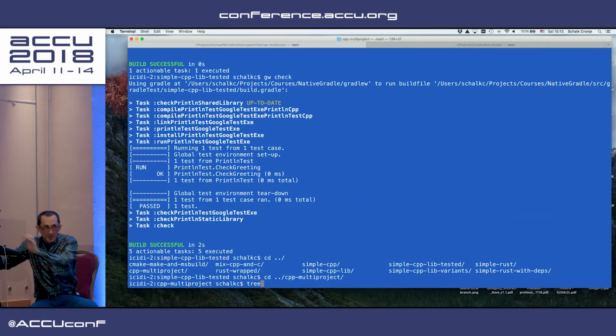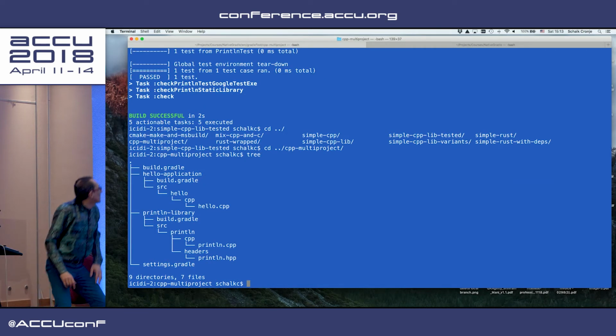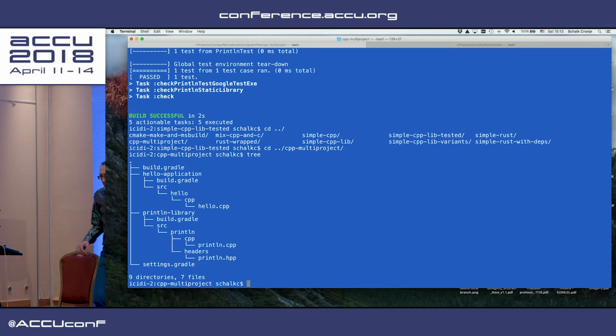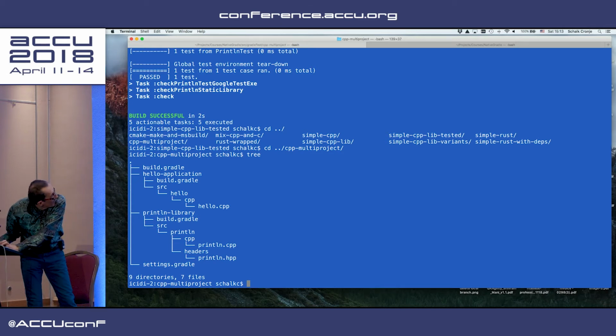Let's run the tree in there before we look at the files. So what I actually had, I want to build my Hello World application, but I want to use my println library to actually do the output. Now I have a subdirectory called Hello Application and a subdirectory called println library. And you will actually also notice that there's source and there's a build.gradle in each of those. What I can actually do in my source